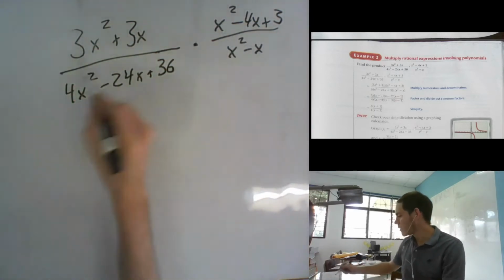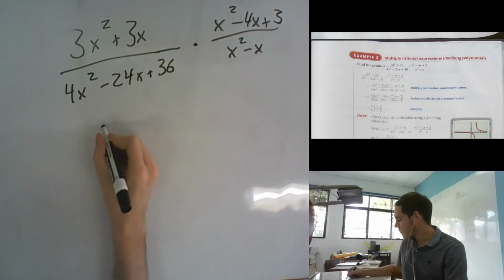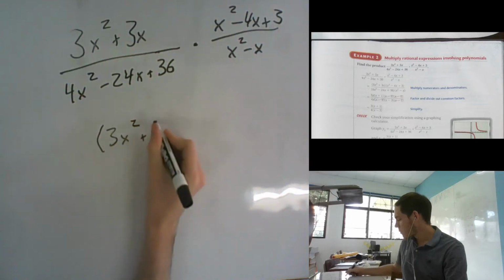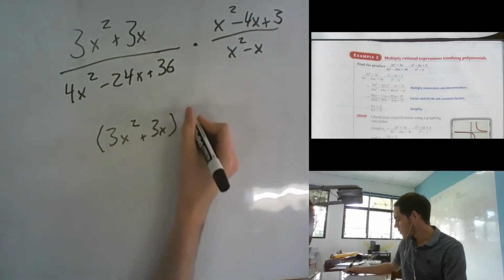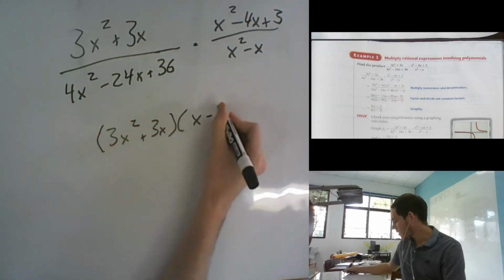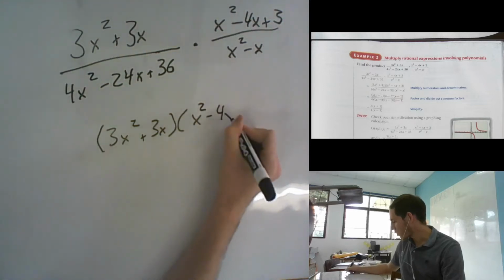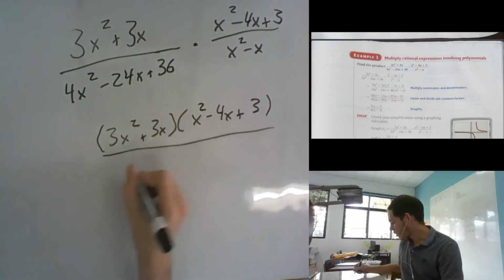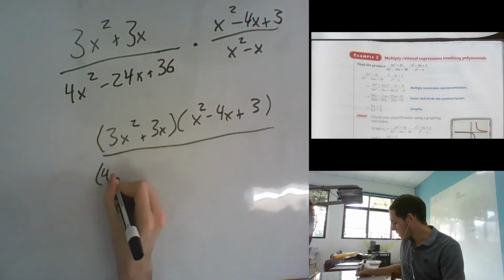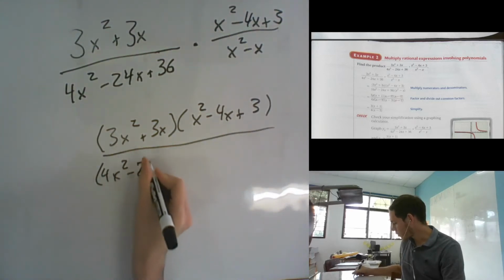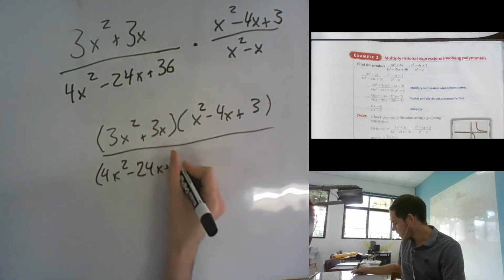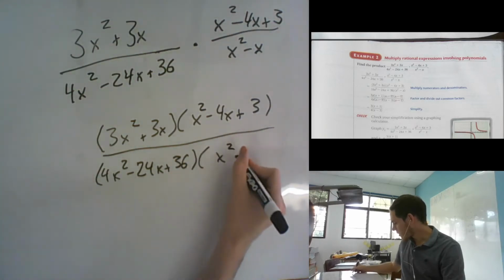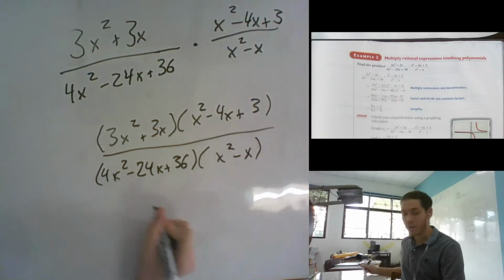Okay, so we multiply the numerator, so we get 3x squared plus 3x, parentheses, times x squared minus 4x plus 3 over 4x squared minus 24x plus 36 and x squared minus x. Now,